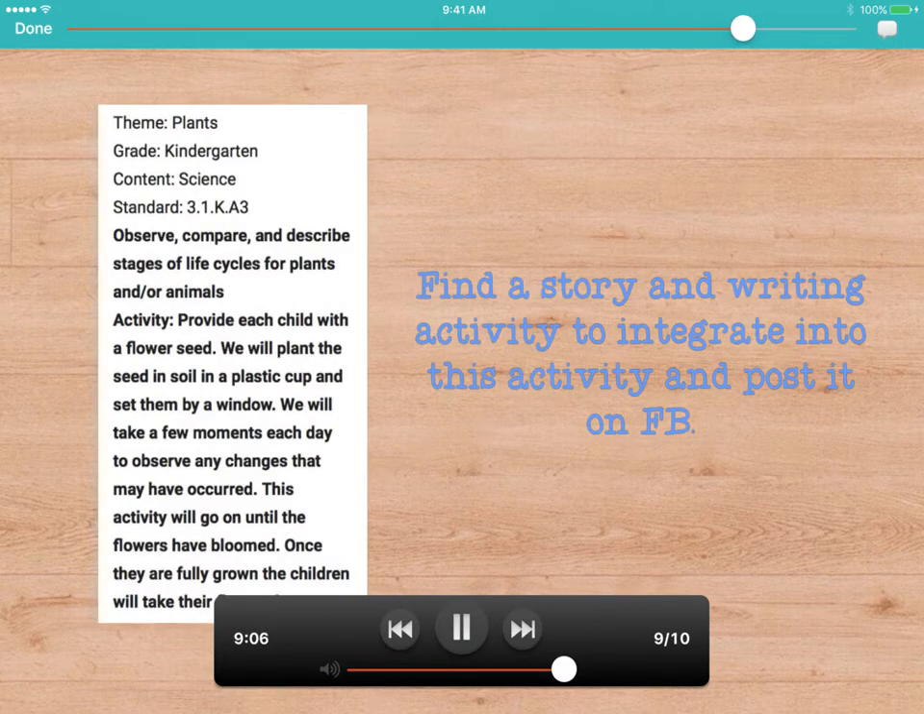So last but not least, I chose an activity that's an excellent activity, but it has some natural reading and writing tendencies that could be included in it. So we're looking at a kindergarten lesson on plants, and the students are going to be basically planting their own seeds